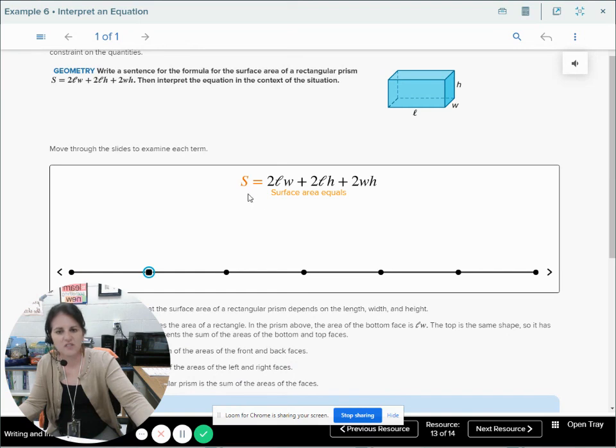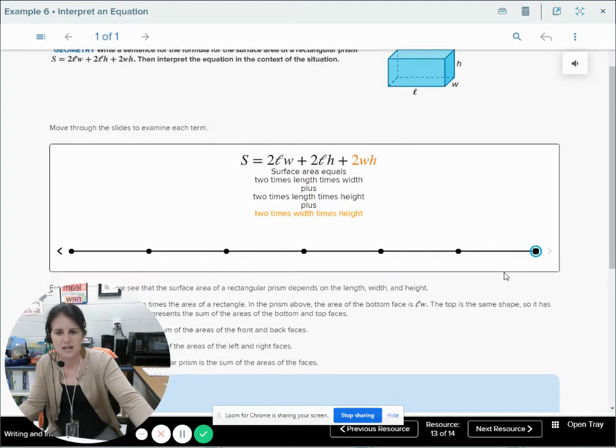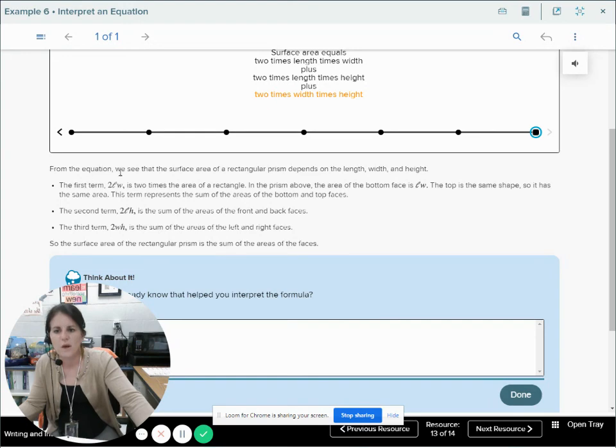So we've got the surface area is equal to 2 times the length times the width plus 2 times the length times the height plus 2 times the width times the height. From the equation, we can see that the surface area of a rectangular prism depends on length, width,